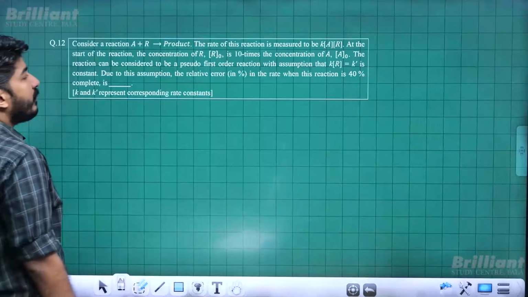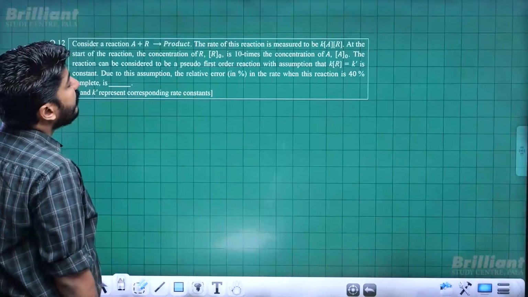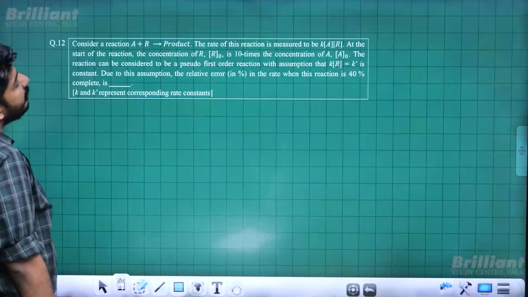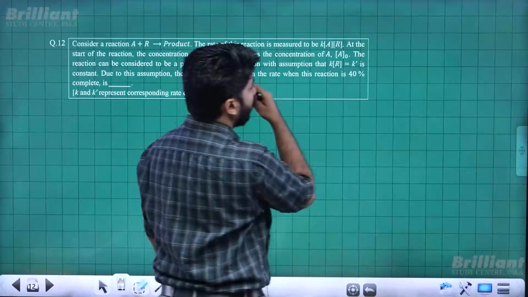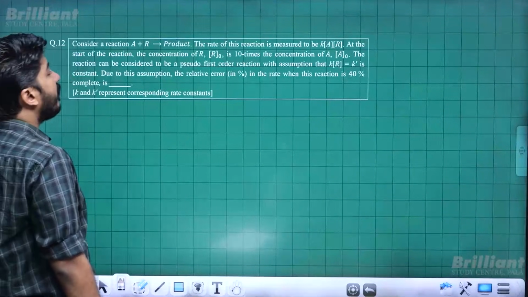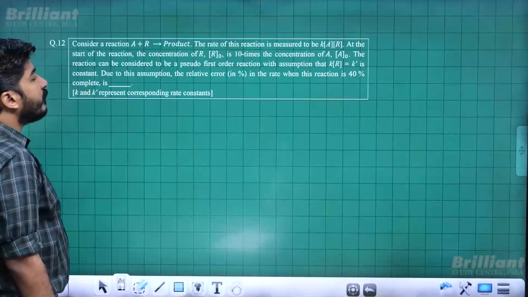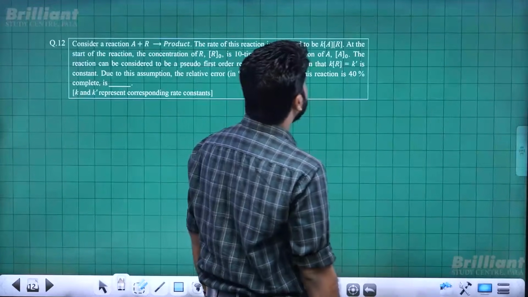Next, we are going to the kinetics topic. Consider reaction A plus R giving products. The rate of this reaction is measured to be K[A][R]. The rate law is experimentally obtained as K times A times R. At the start of the reaction, the concentration of R is 10 times the concentration of A. The reaction can be considered to be a pseudo first order reaction with the assumption that K into R is a constant K dash,